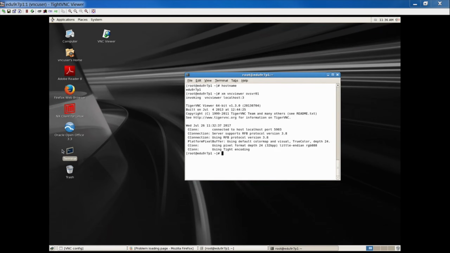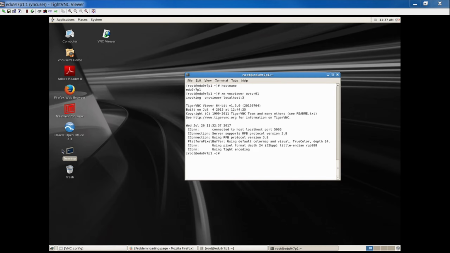Practices for lesson 2. This practice is concerning the installation of the OVS server and the OVS manager. We will use the virtual host OVS VR02 in order to install the OVS server. So we have to verify that the server is up and running. For practice 2-1, verify that the virtual host OVS